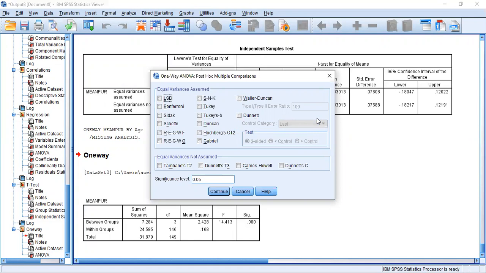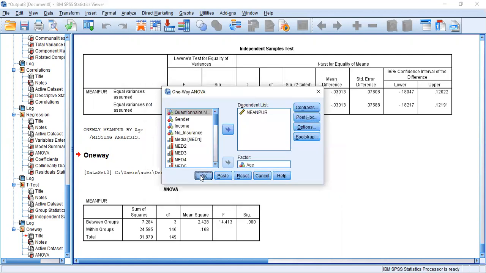Then under the post hoc method, click Tukey. This is the standard as well as well-recognized post hoc method, and this helps you make sure how age differs with the mean purchase intention. Click Continue. Click OK.